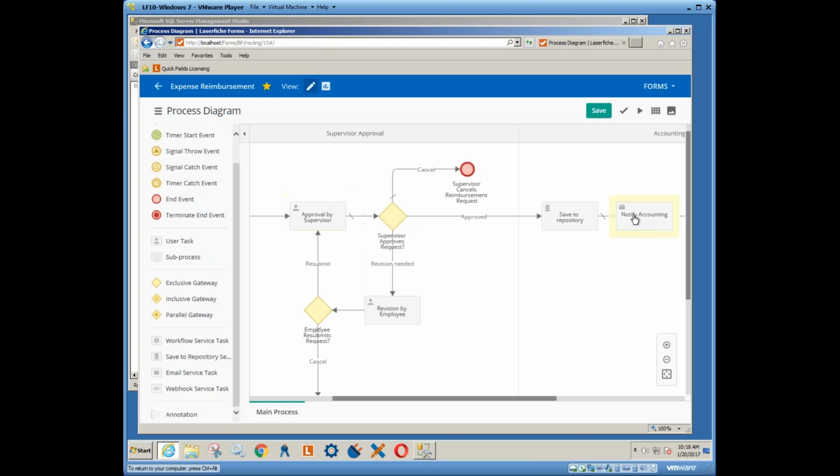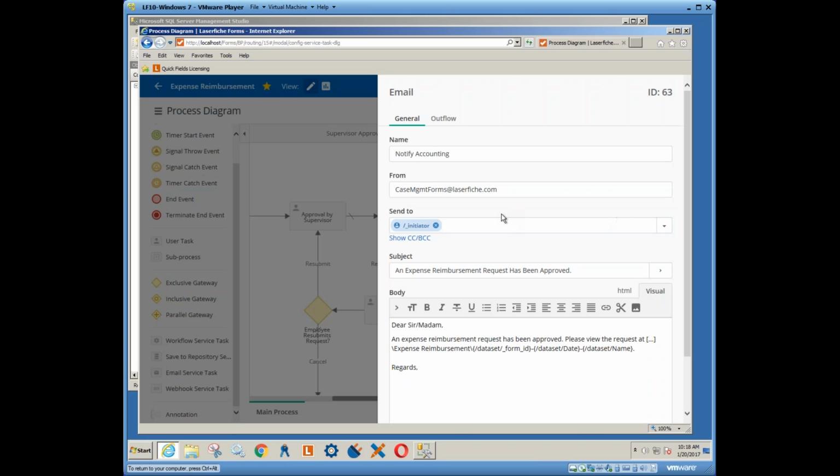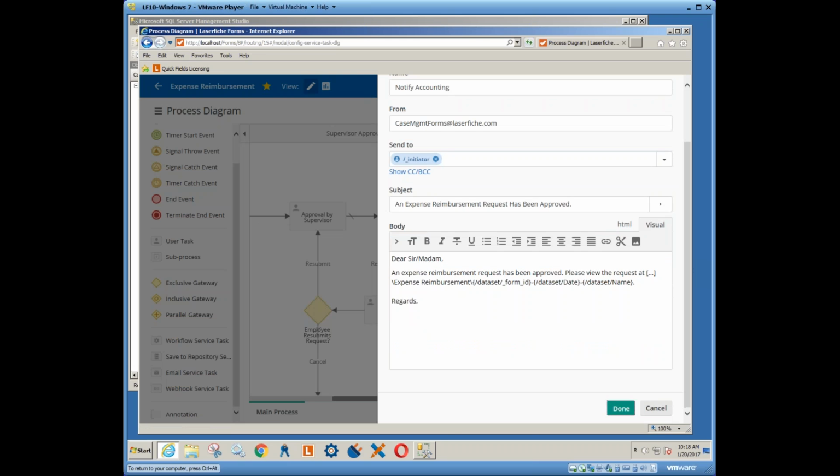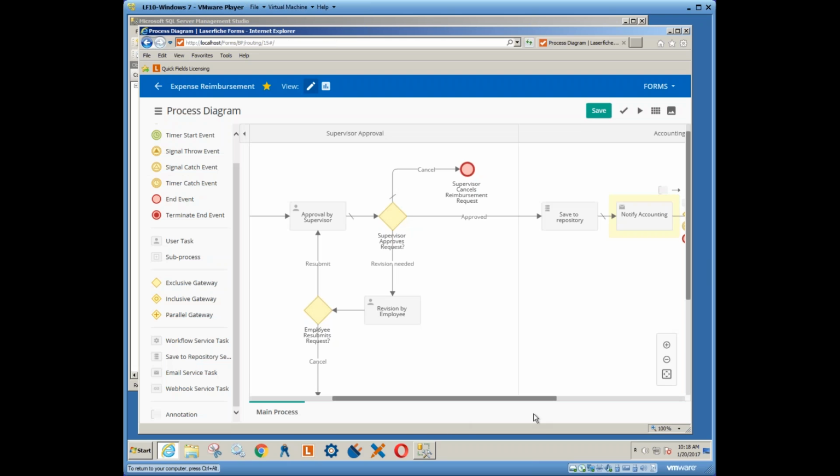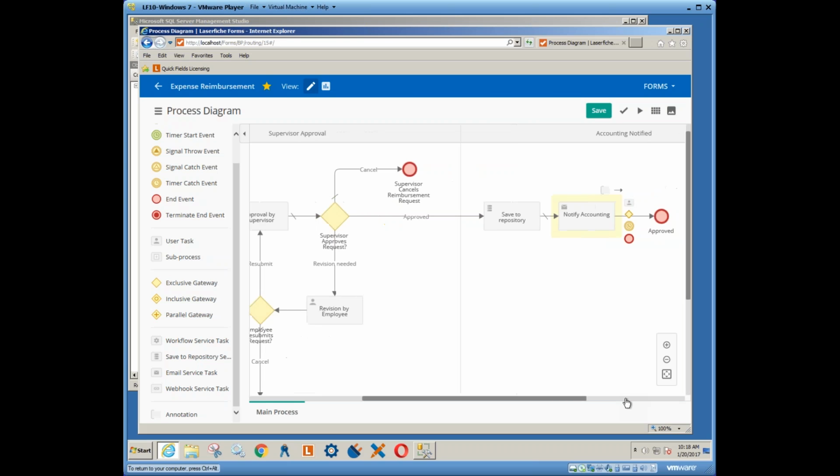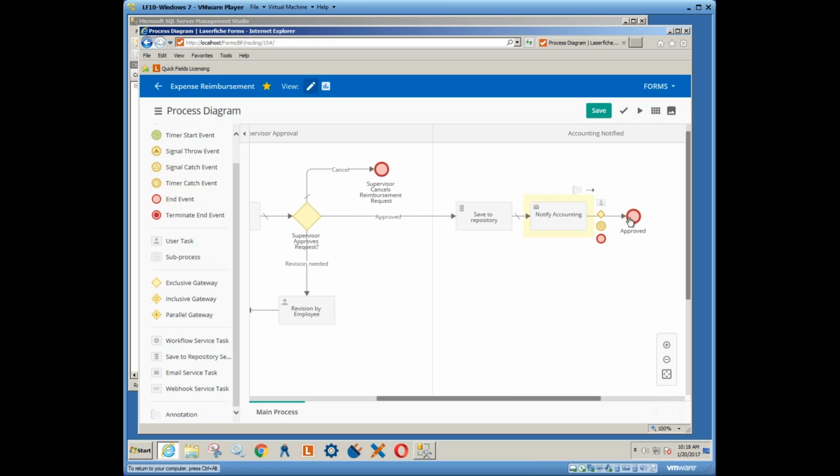And then there's an email notification, which looks like it's sending to the initiator, who may or may not have an email address, but we'll skip that for now. And then at the very end, let's move over here. The end of the process is right here with this little termination icon. Okay. So at the end of the workflow, it stores it, it sends an email, and then finishes the whole